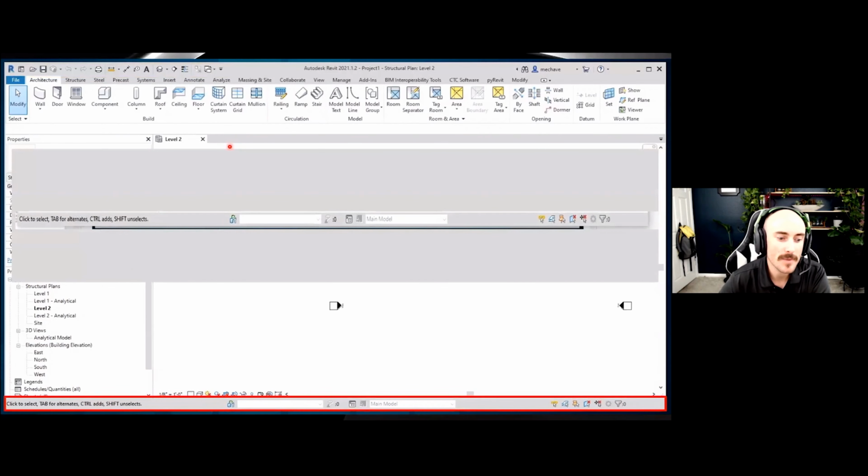Next, what we're going to be talking about is our status bar. So our status bar down here below, for all of us in the AutoCAD realm, we're used to having our command line, something we reference to. This resembles that here as well. Right down below here on the bottom left, our screen shows also our status bar. It's going to tell us what we need to do next. So if we're in a command, it'll say, let's say for instance, rotate, you're going to pick your origin, then pick your origin of rotation. It's going to give you a list of things to do next.